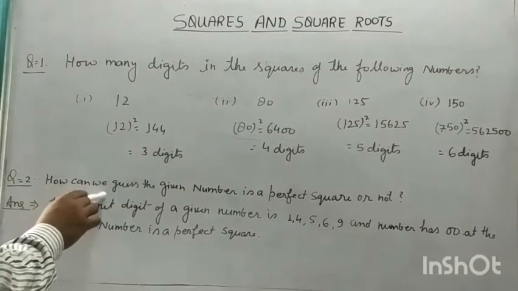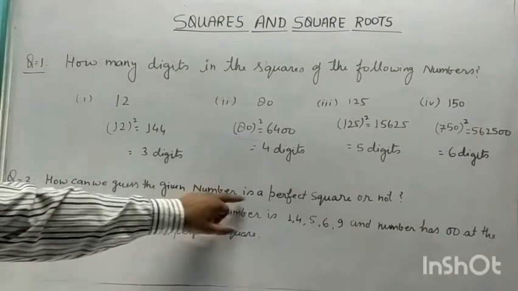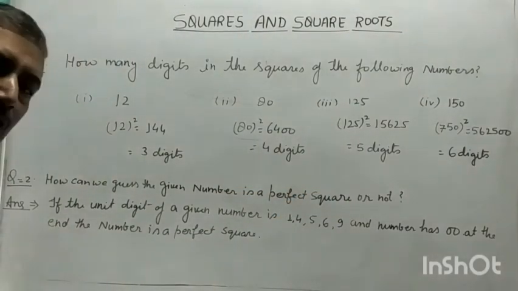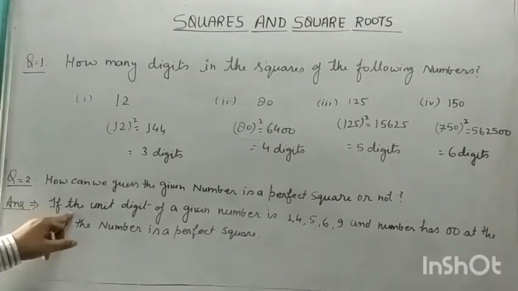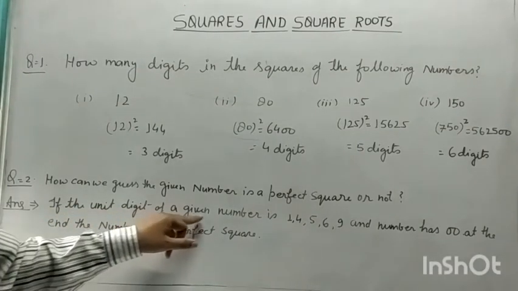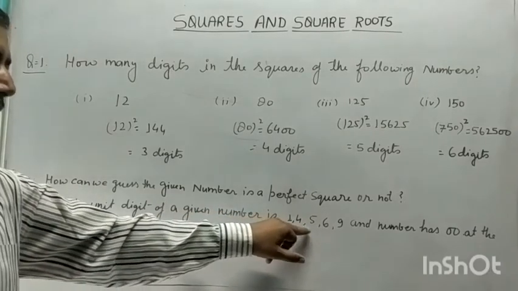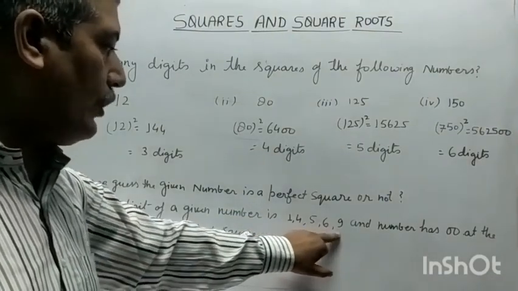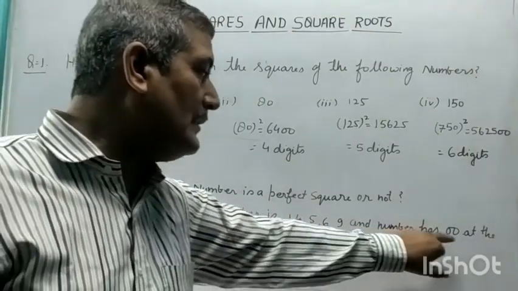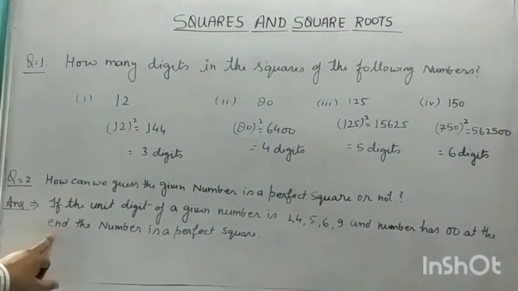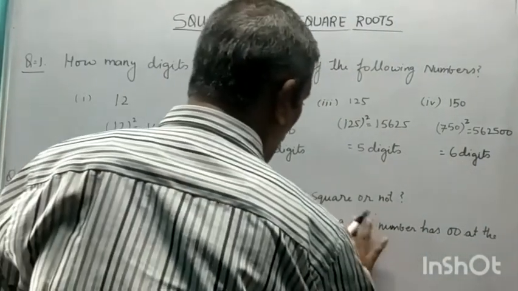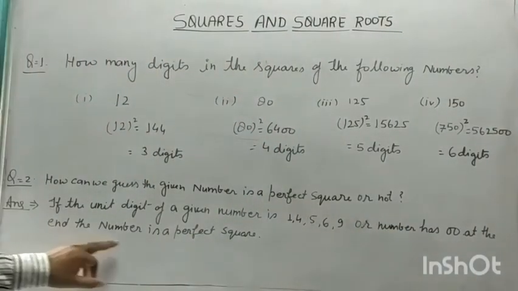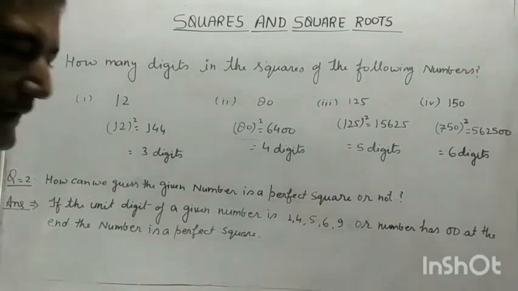Now, how can we guess whether the given number is a perfect square or not? Very simple. If the unit digit of a given number is 1, 4, 5, 6 or 9, or the number has 00 at the end, the number may be a perfect square. For example,